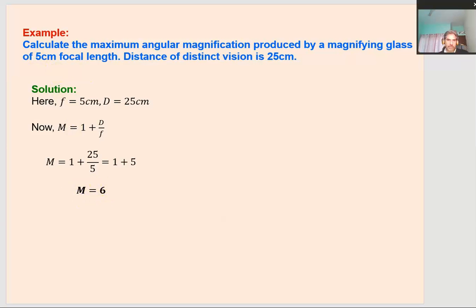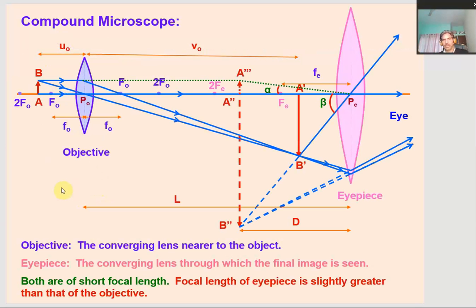Now we can proceed to the compound microscope. Till now we have discussed the simple microscope. Now we will discuss the compound microscope, which uses more than one lens. There are two lenses in case of a compound microscope. One lens which faces the object is called the object lens, and we observe the object through the other lens. We place the eye close to the other lens, called the eyepiece.